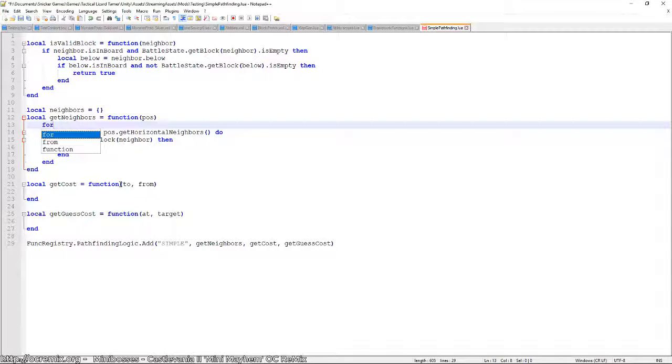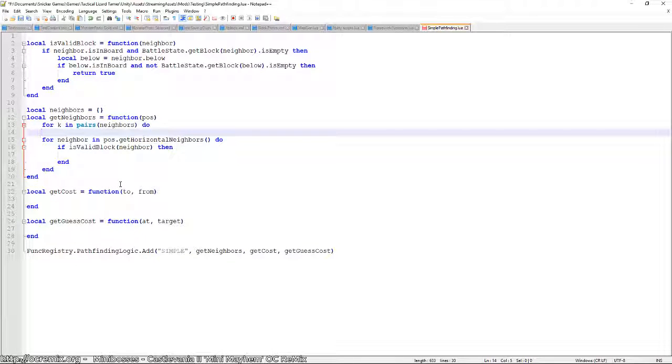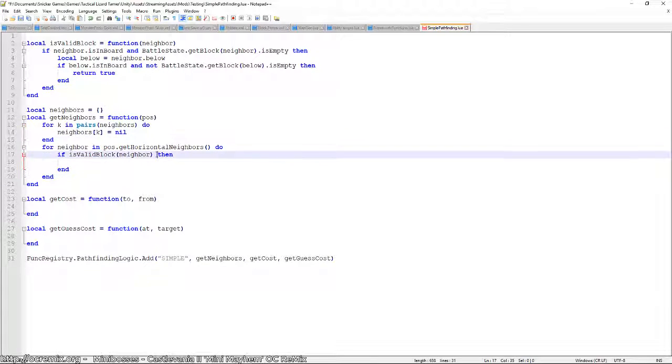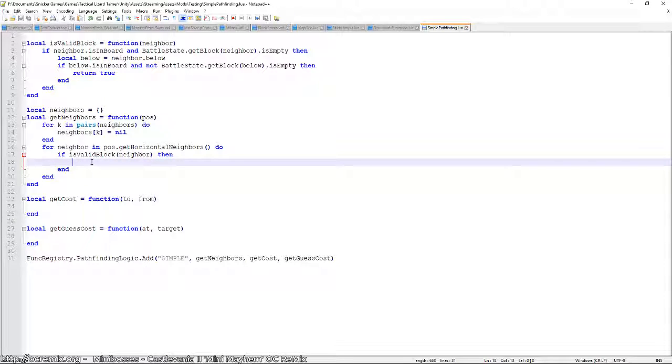So let's do for k in pairs neighbors do neighbors key is nil, and this is the same as clearing a table. Okay, and then we'll just table insert